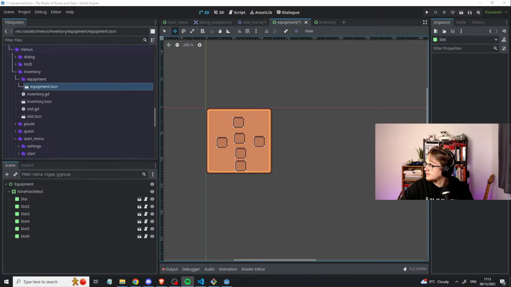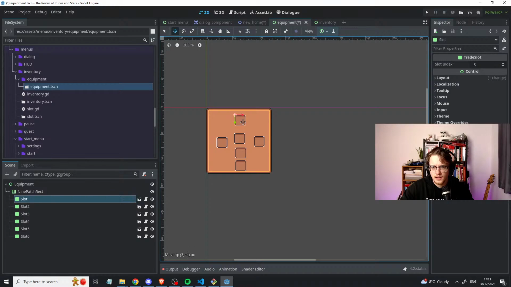It's super simple. That's shield. Just have some other stuff, but